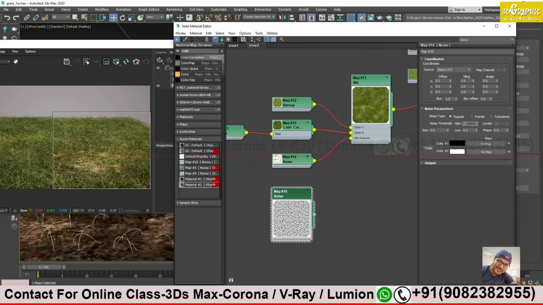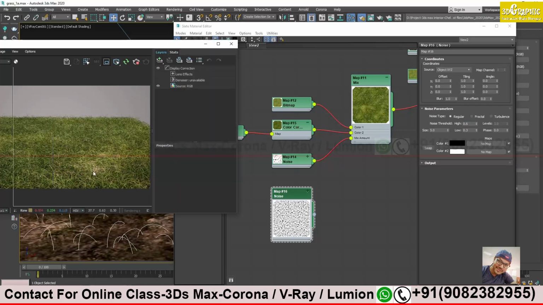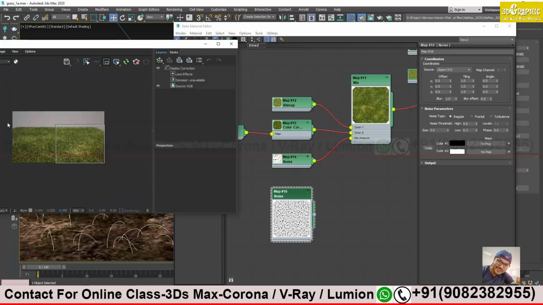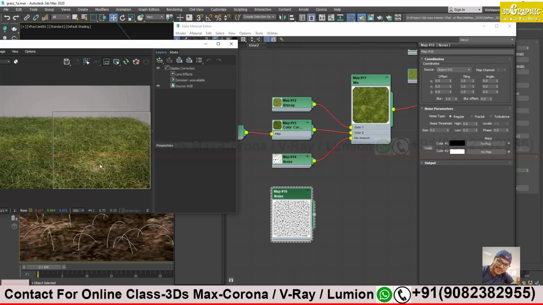What you said, 0.5? Oh, we can try. I want some empty spaces. 0.6. I think this will work. I got some empty spaces over here. You see, there is no empty space over here, but here it is empty.